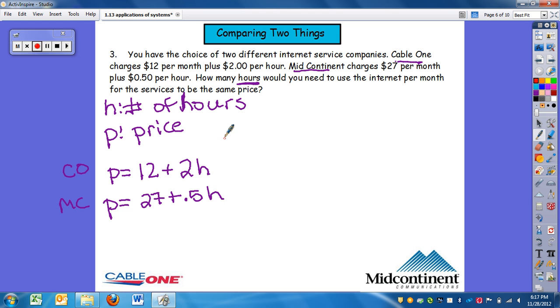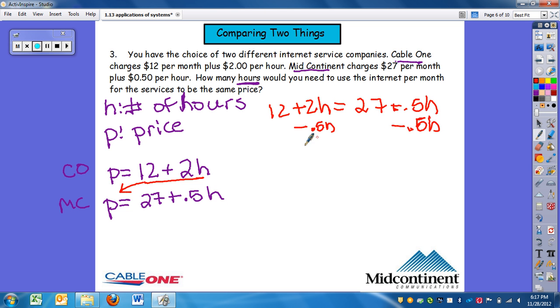So notice on this one I can use elimination or I could use substitution. I probably wouldn't use graphing on any of these word problems just because you may not be guaranteed to get a nice answer. So I'm going to use substitution. Since P equals this, I'm going to plug it into that P. So I have 12 plus 2H equals 27 plus 0.5H. So I'm going to solve for H. I'm going to subtract 0.5H. So I have 12 plus 1.5H equals 27, minus 12,